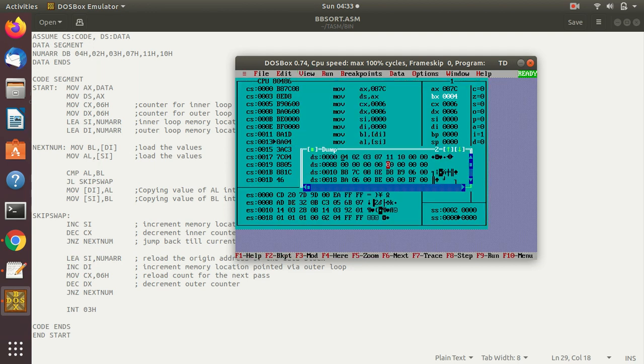Okay, F8, 04, and now the next instruction. So this way it will keep executing. We'll keep pressing this. If you can see, the swap is occurring here. See here, you can see the values changing.